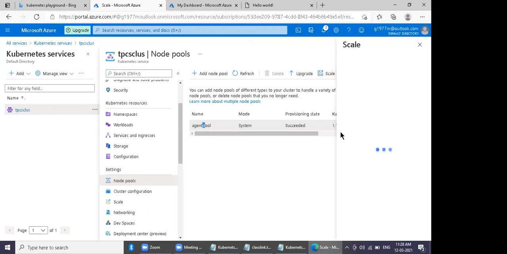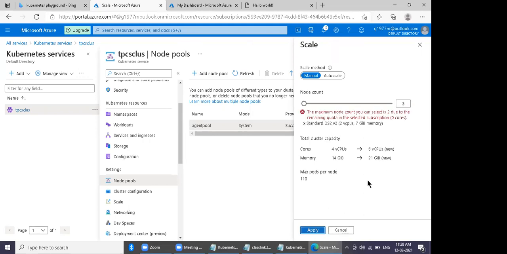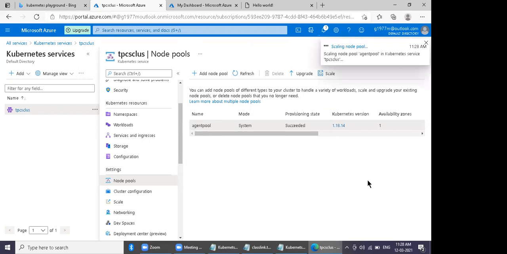Scale to 3 nodes now. Look at that, how easy it is, right? Click apply. So it is going to add another server to your Kubernetes cluster. No command you have to run, right?